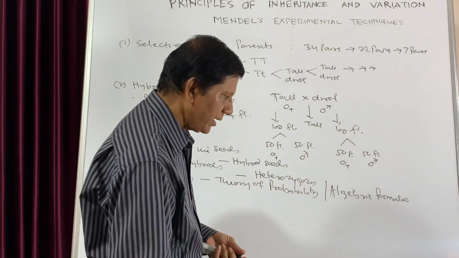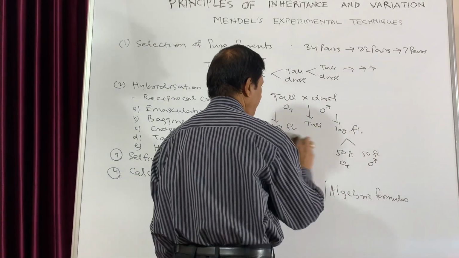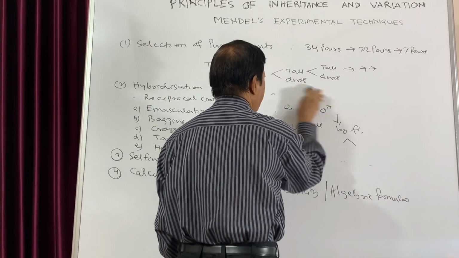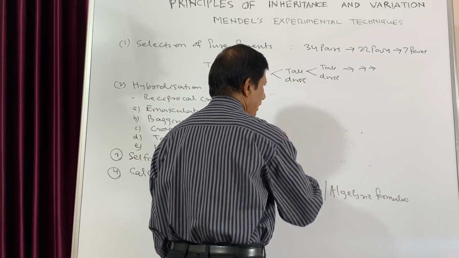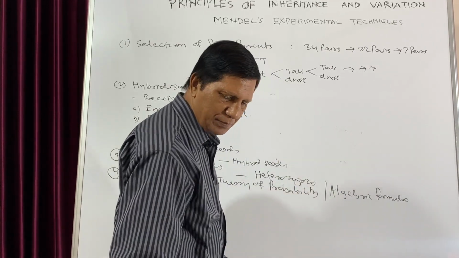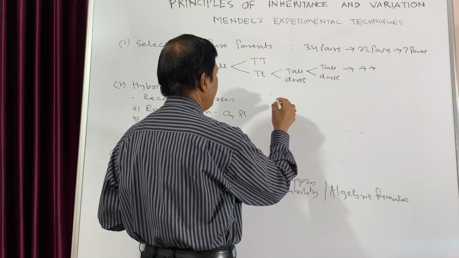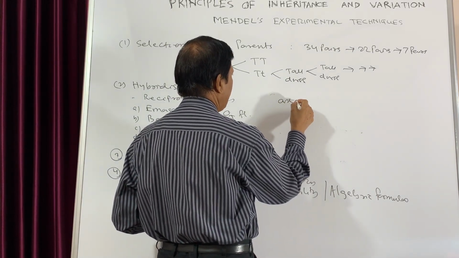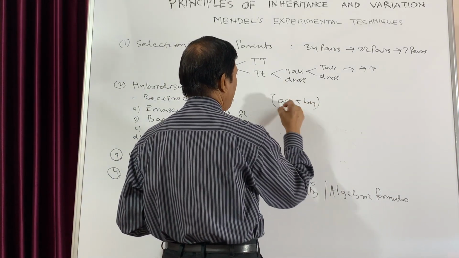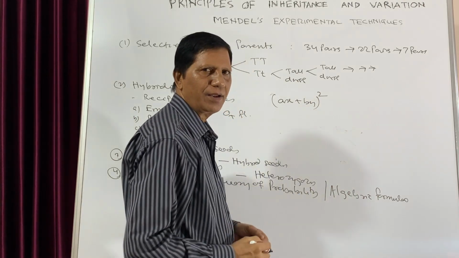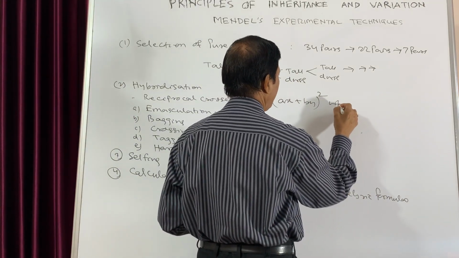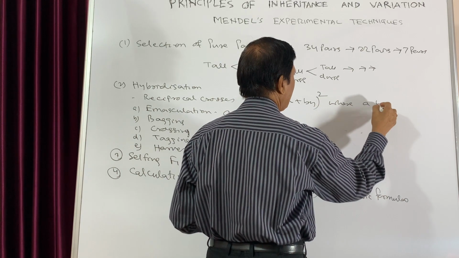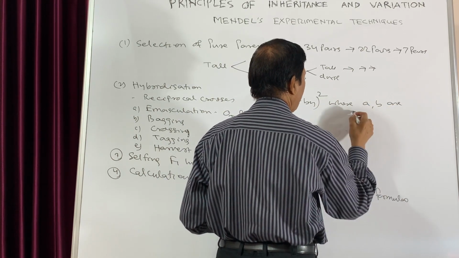So here what he did, he applied the binomial expression, that is (ax plus by) whole square, where a and b are alleles